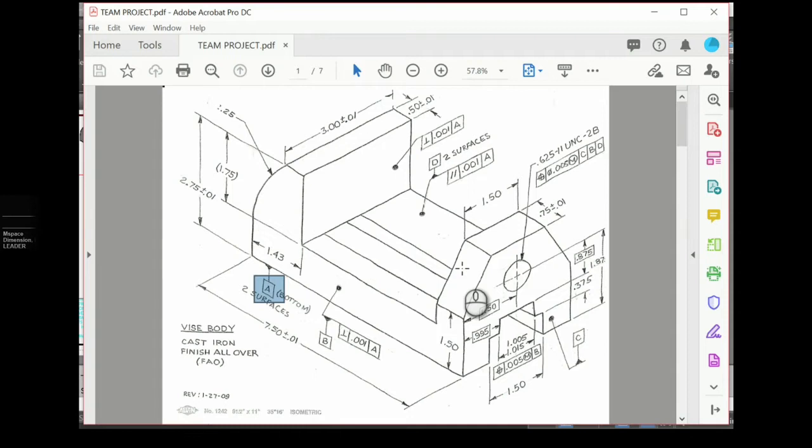We're going to start with GD&T on the body drawing. And as you recall, I had you ignore the feature control frames and the datum feature symbols. And I had you go ahead and use the basic dimensions which appear in the box. Now, if you have not yet watched the video from last week on geometric dimensioning and tolerancing, you really need to watch that first. Okay?